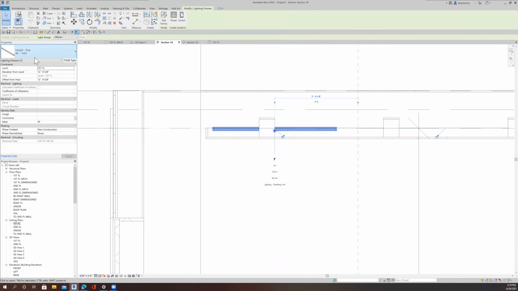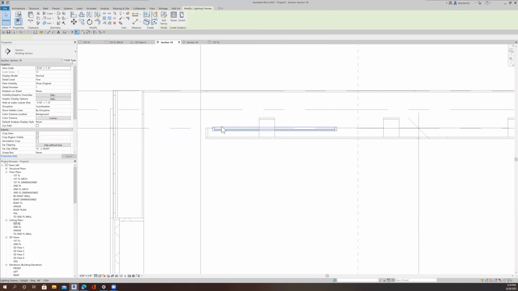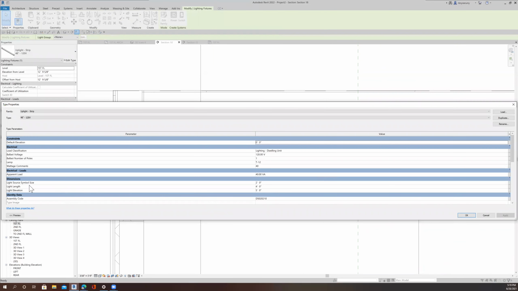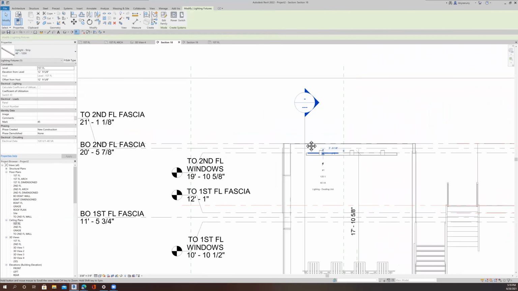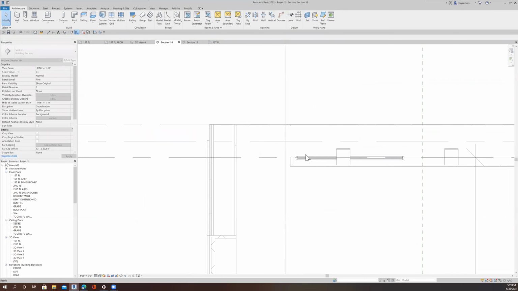And edit the type. We can see that the length is 4 feet. How wide do I want it to be? Let's measure from here to here. It is 11 feet. So if I made the width of that 10 feet,